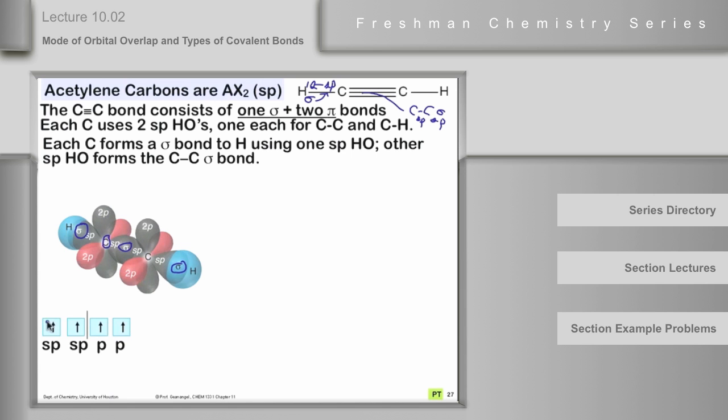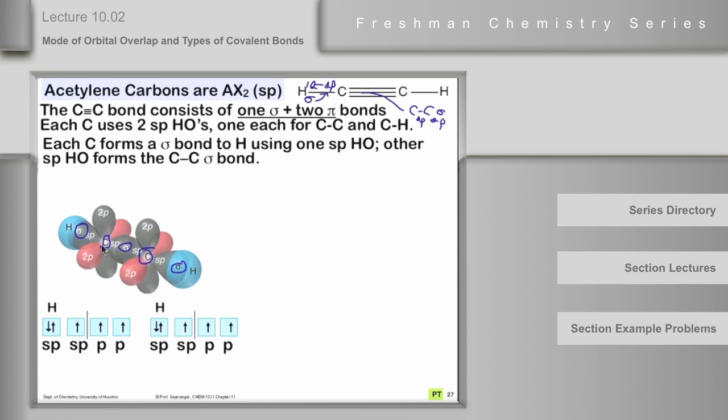Okay. Now if you put the 4 electrons in, this is the key step. If you remember to put the 4 electrons in, there's going to be one in each one of these orbitals. And that tells us that each of these can form a bond to something else that overlaps with it and has also one electron on its own. So over here we have the other carbon, this carbon here. It has 2 sp orbitals and 2 p orbitals. And to keep track of what's going on here,